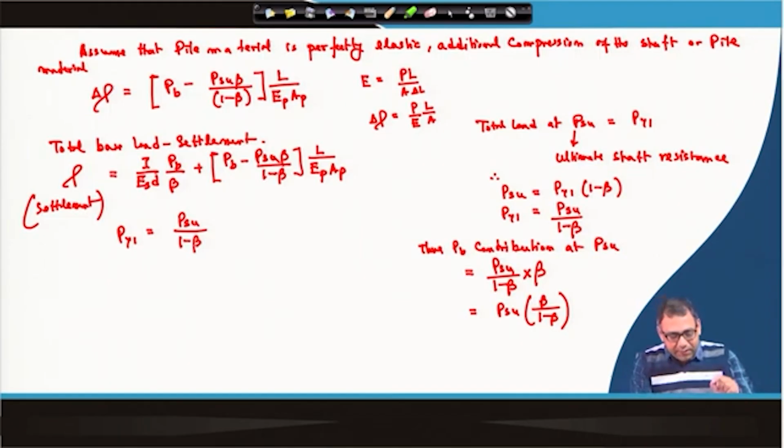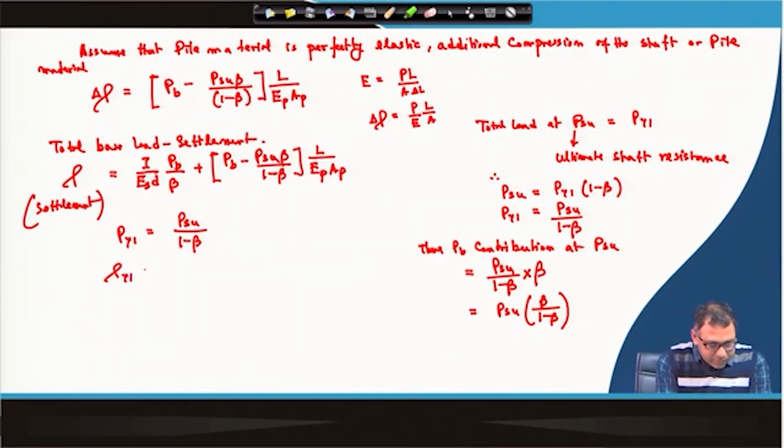P s u, the total shaft resistance, I will calculate by using the static equations that I have discussed. So I will get P y 1. Once I get P y 1, I will get rho y 1, which is nothing but I by E s into d into P y 1, which is equal to I